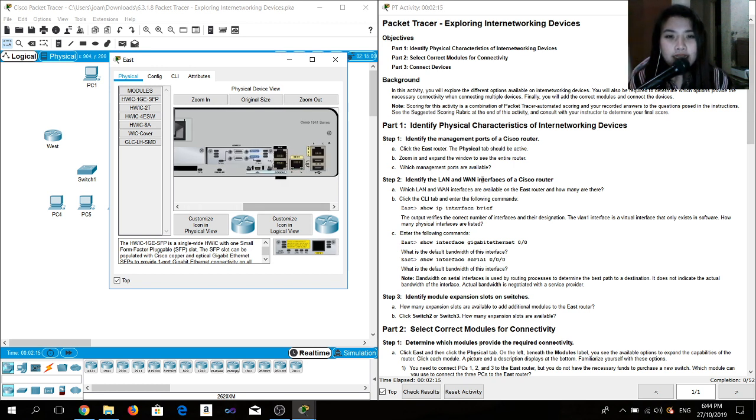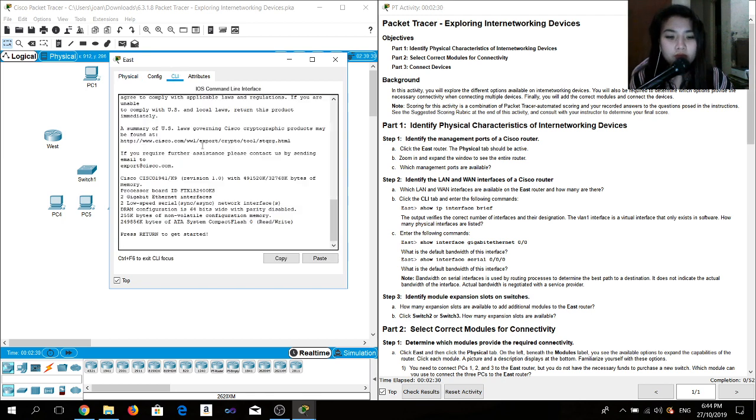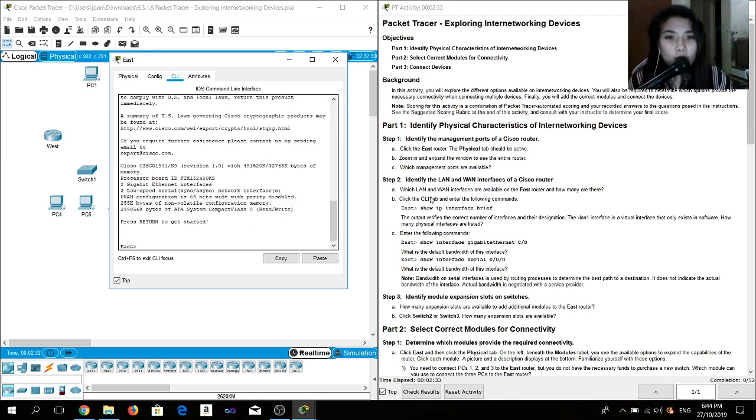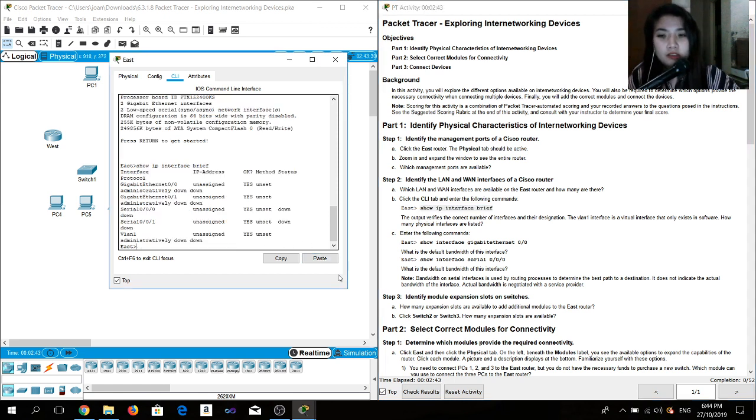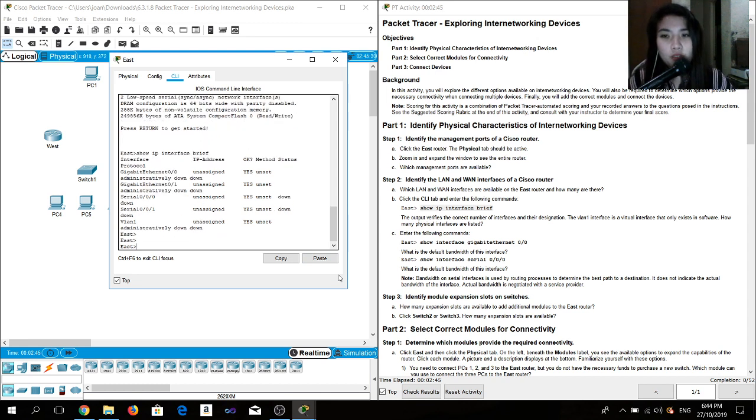Then identify the LAN and WAN interfaces of a Cisco router. Which LAN and WAN interfaces are available on the East router and how many are there? Click the CLI tab and enter the following commands. So I will copy this command, then paste it here in the CLI. Enter. So as you can see,